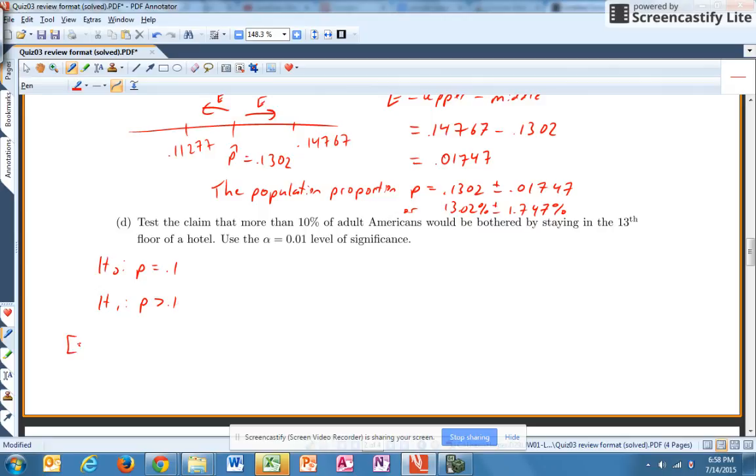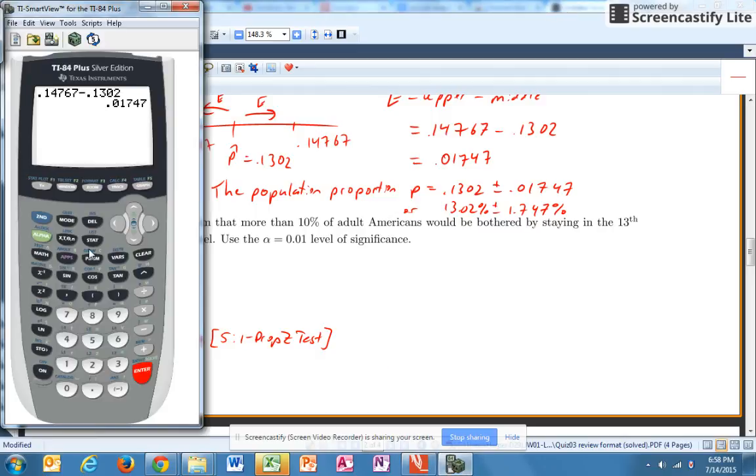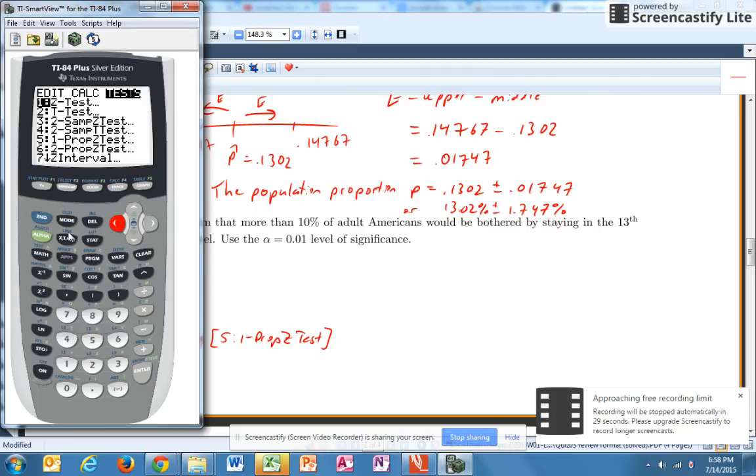I'm going to go to Stat, Tests, and I believe that's number 5, the one prop Z test. We'll pull up our calculator, Stat, Tests, there it is, number 5. Our null hypothesis is that we had 0.1. There's the x and the n from the confidence interval. And this time my alternate hypothesis is that it's greater than. So let's hit calculate. And we get a p-value